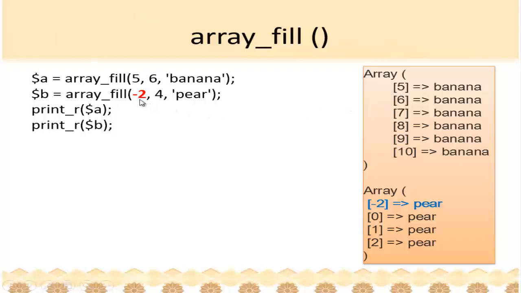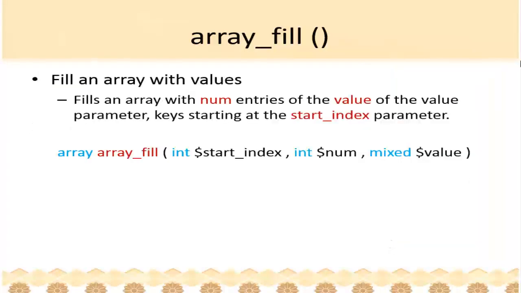Now if you supply a minus value as the starting index, it will start from that as the starting index. Then onwards, it will fill using the other indices. Okay, this is used to fill. Now, one thing that you'll notice is they say that the data type is mixed. What's the meaning of saying mixed? I never discussed anything about mixed. Mixed means any data type. It could be array, it could be string, it could be float, it could be anything. When they say int, it just means it must be an integer number. It cannot be a float, it cannot be a boolean or anything. Value could be anything. It could be an array by itself, it could be